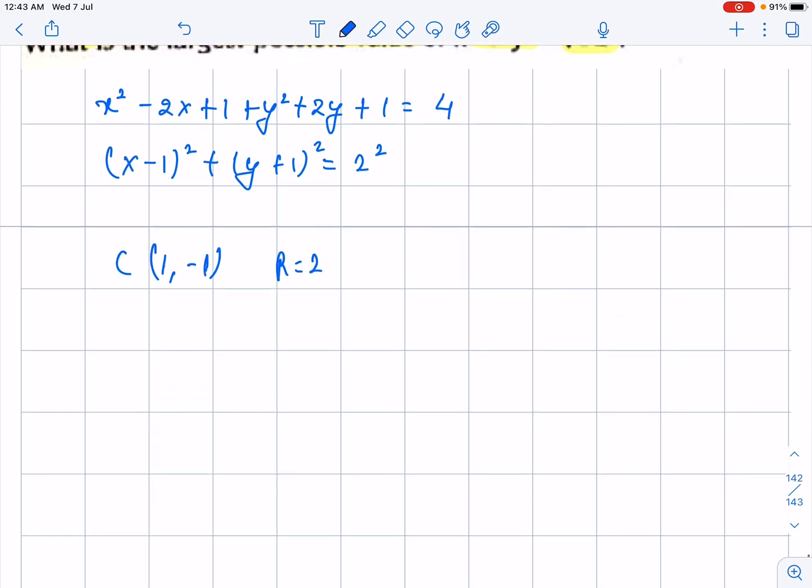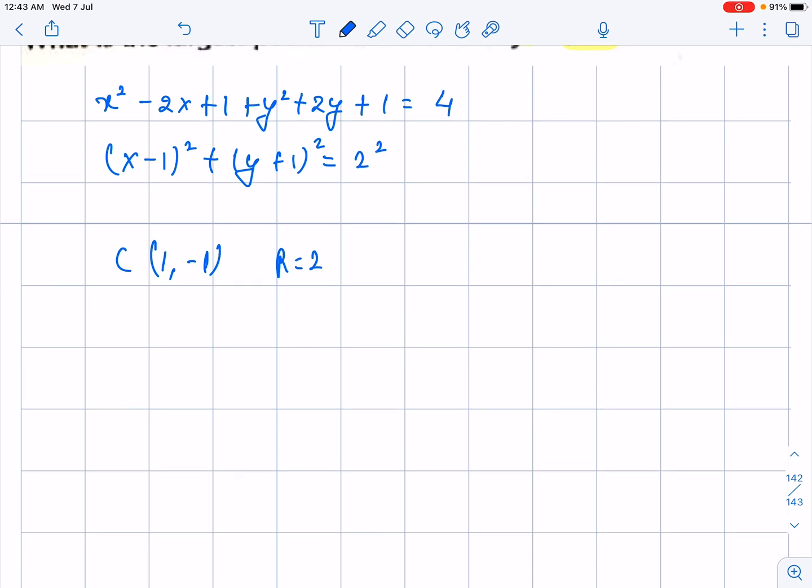So how it will be drawn by us? In the fourth quadrant the center will be plotted, because the y coordinate of center is negative and the x coordinate of center is positive. This is the point 1 comma minus 1. This is the center of circle, and since radius is 2, 2 above it will go, 2 on the left side it will go, 2 on the right side it will come, and 2 below it will go. And let's make a circle making use of all points I took. So like this a circle will be drawn by us.